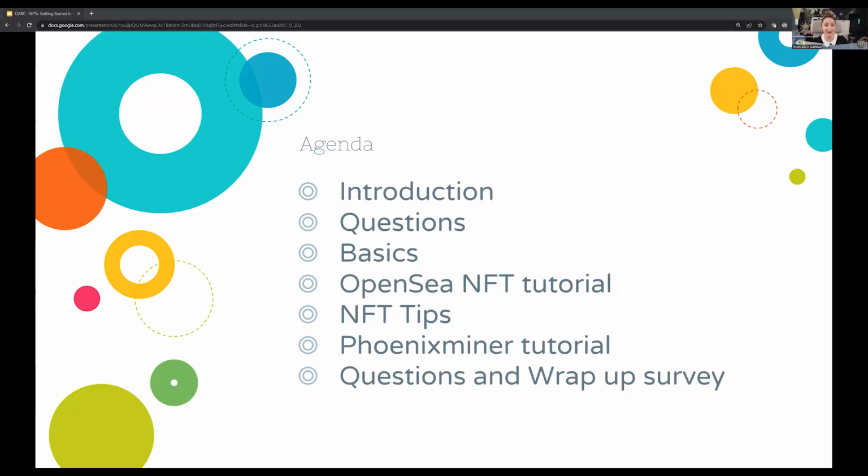But for today's workshop, we're going to discuss and learn about NFTs and how to get started in these new digital markets that are cropping up. We'll start with some questions to gauge what people's familiarity is with this type of thing, and then I'll share some basic information about NFTs and blockchain technology, just so that we all have the same foundation in which to approach today's workshop.